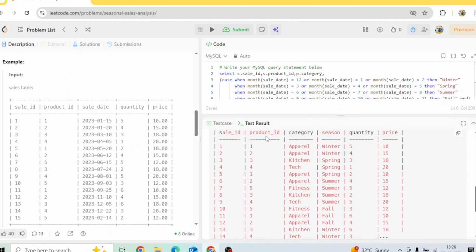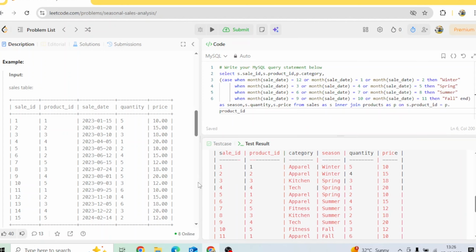right? So now the category is also mentioned over here. For product ID 1 it is apparel, for product ID 2 it is apparel, for product ID 3 it is kitchen, right? Now what we need to do on this particular table,